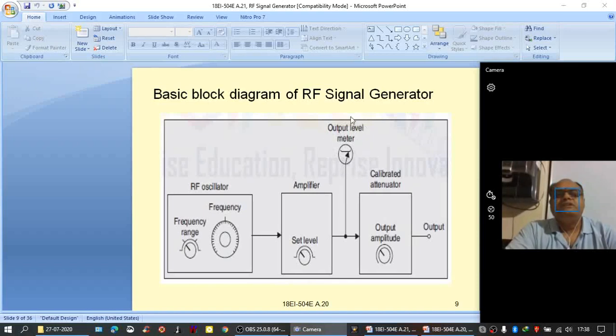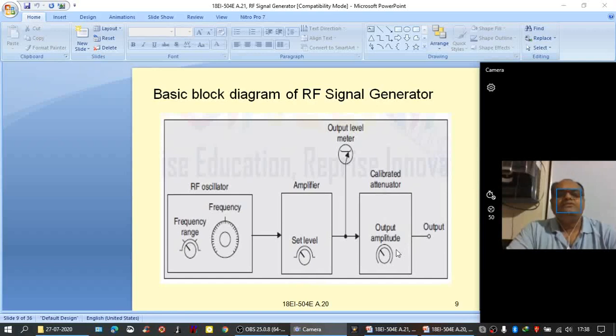There would be one meter available here on the front panel on which you can see the level of the output. That means depending upon the level of output here, we have to select the range appropriately in the calibrated scale. Suppose the signal amplitude is say 0.4 millivolts here, and you select the range of 0.1 millivolt, then the calibrated scale does not give correct values.